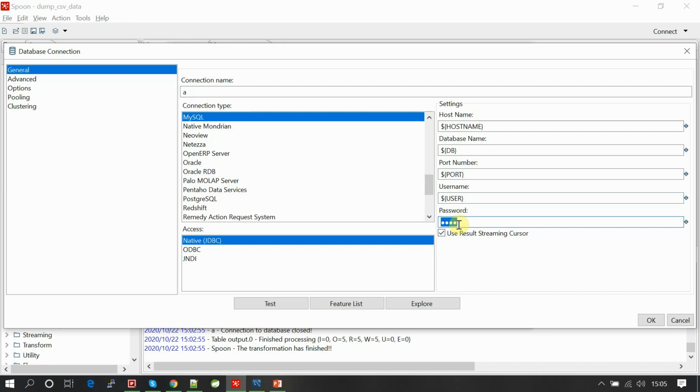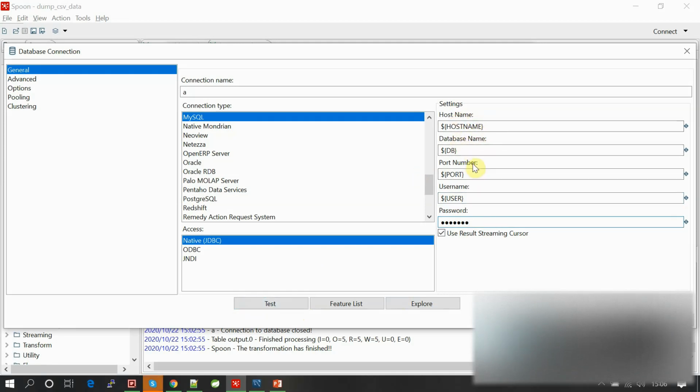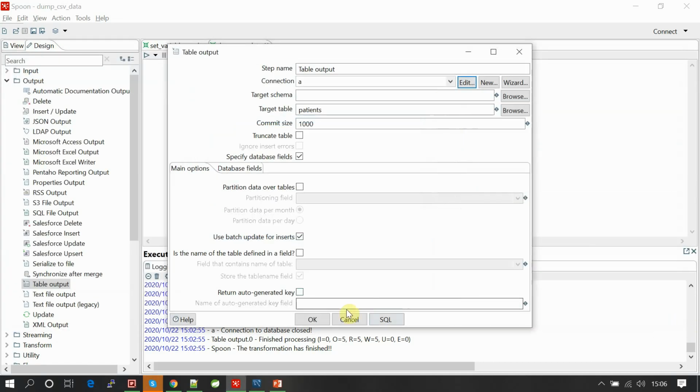For the password, it simply shows only dots, but you can still type the variable here: dollar bracket pass. Save them. You cannot test here because these are defined as variables, so they will be available only after these variables have been set. Okay, let's save it.